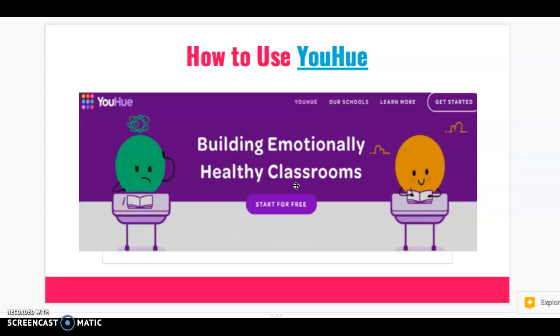Yoo-Hoo is a great tool because it takes social emotional learning a step further by collecting and sorting data for teachers so that we as educators have a deeper understanding of our students' needs. I'm very excited to implement this in my classroom. It's super easy to use. There wasn't much of a learning curve, and there wasn't much that I had to do to set it all up. Once I gave my students' first names, I didn't include last names, and how many students I had, I was provided with the login codes of each of my students, and all I would have to do would be to share that code with my students.